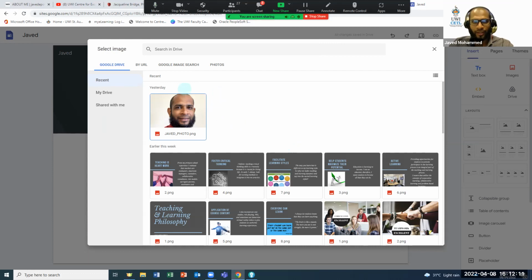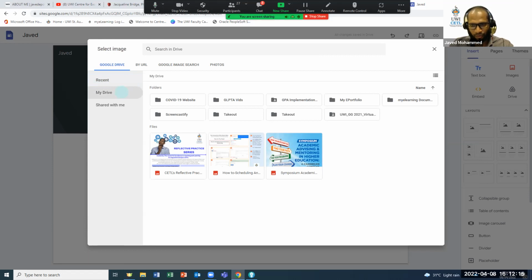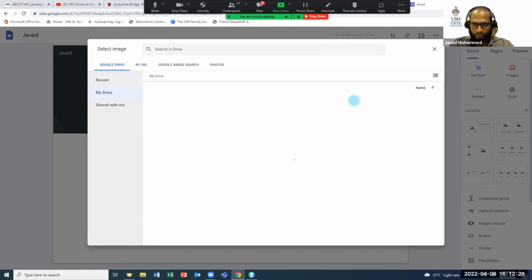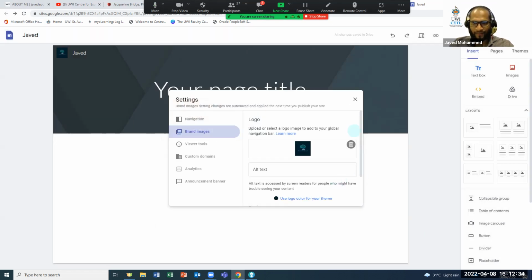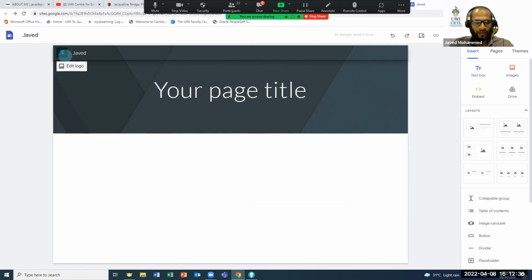I can find the folder that I created by selecting my drive, my ePortfolio. And here I have logo and me. So this is my logo. Great. So I have inserted a logo at the top of my page.